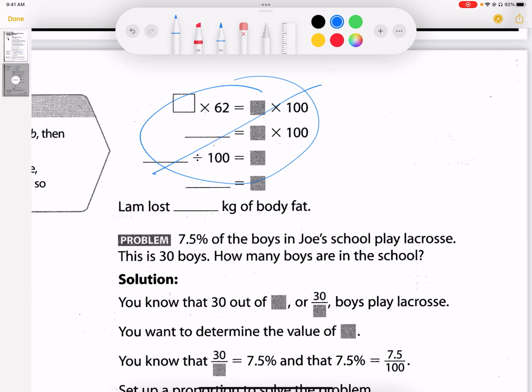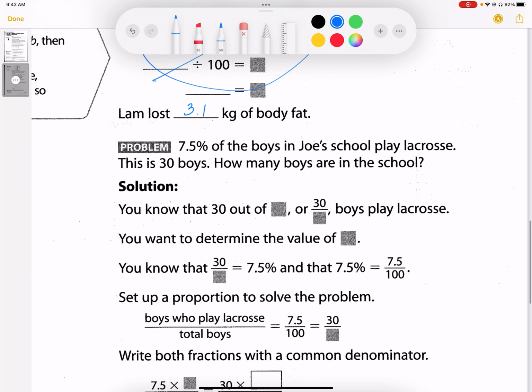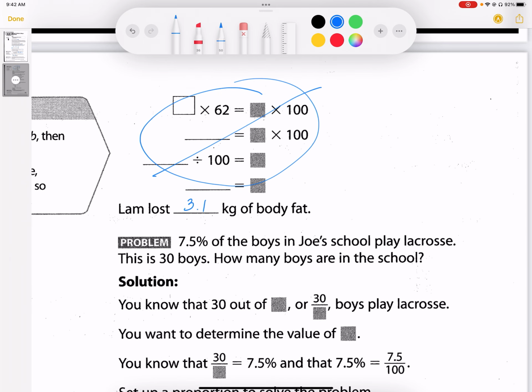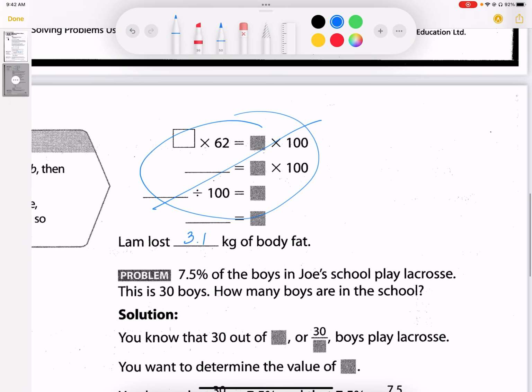So this is page 101. We don't need to do this part of the calculation because we already figured out that Lamb lost 3.1 kilograms of body fat. So the book shows you how to do it this way, but we're going to use our decimal multiplier to